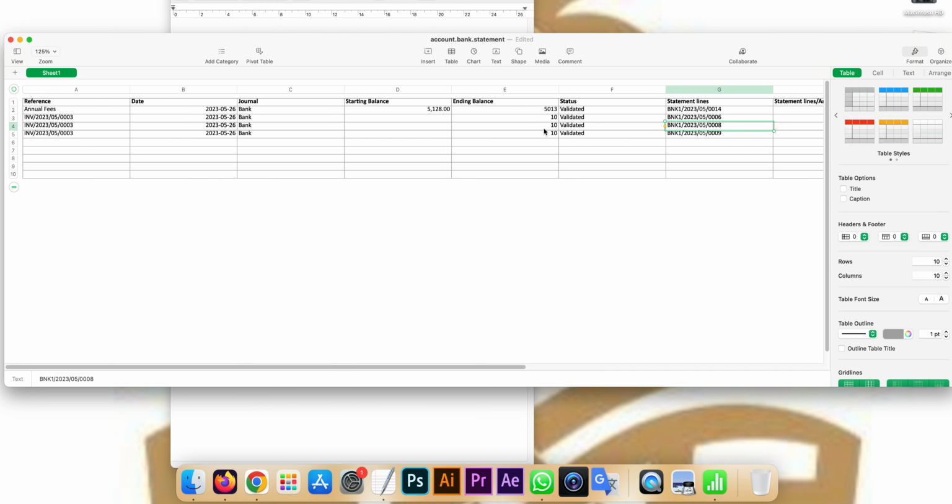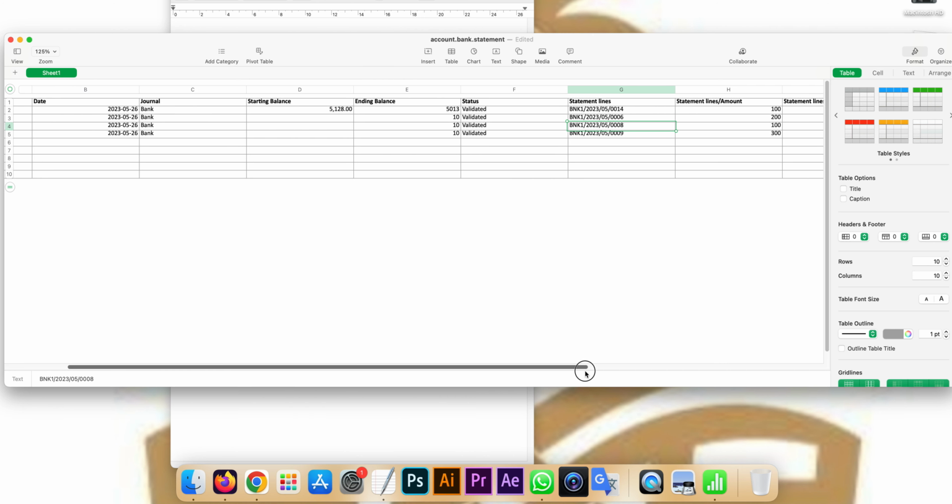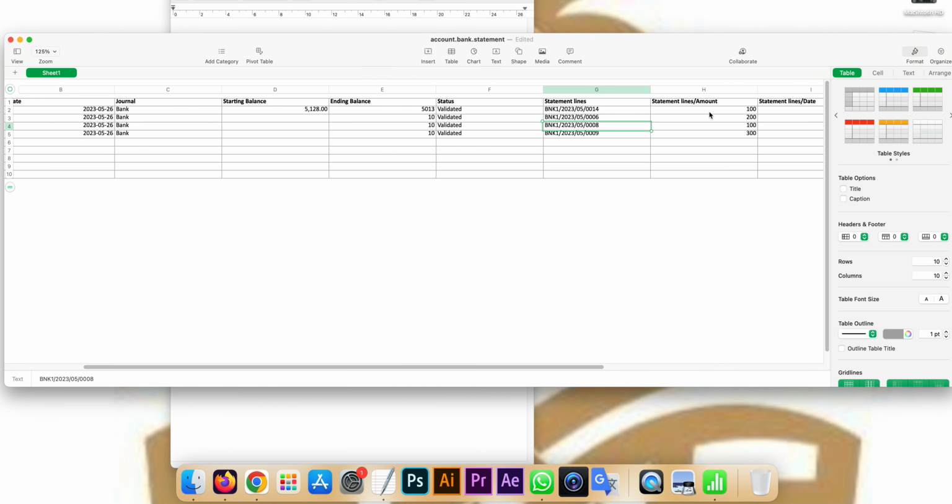or you can open your bank statement in an Excel sheet and make those columns, and you just arrange this column left side, right side, and make it the same. So this is the starting balance, and this is the ending balance. You see here I put the amount 100, so it should be ending balance 500,